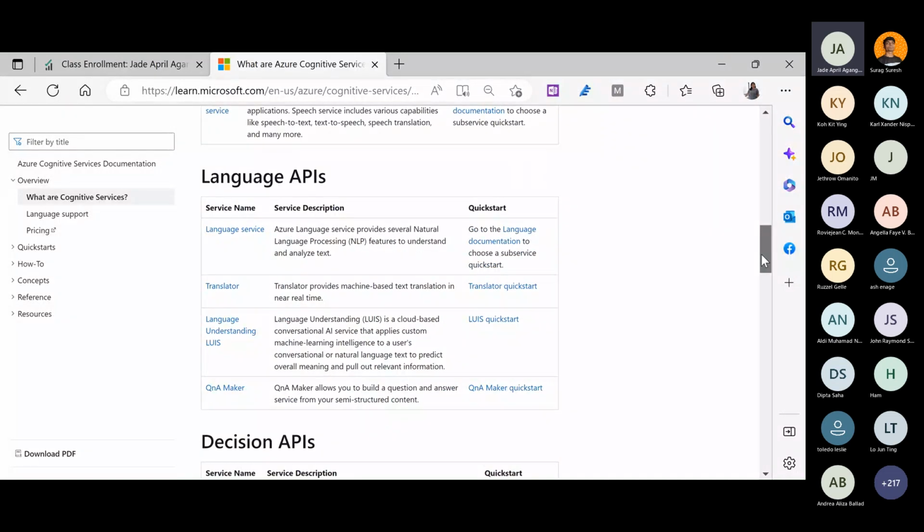All right. So we have the language API. Under the language service, it uses Azure Language Service or the NLP, which is one of my favorite topics. It tries to understand and analyze text. We also have translator. It provides machine-based text translation in real time. For example, in Microsoft Word, we have now the editor.